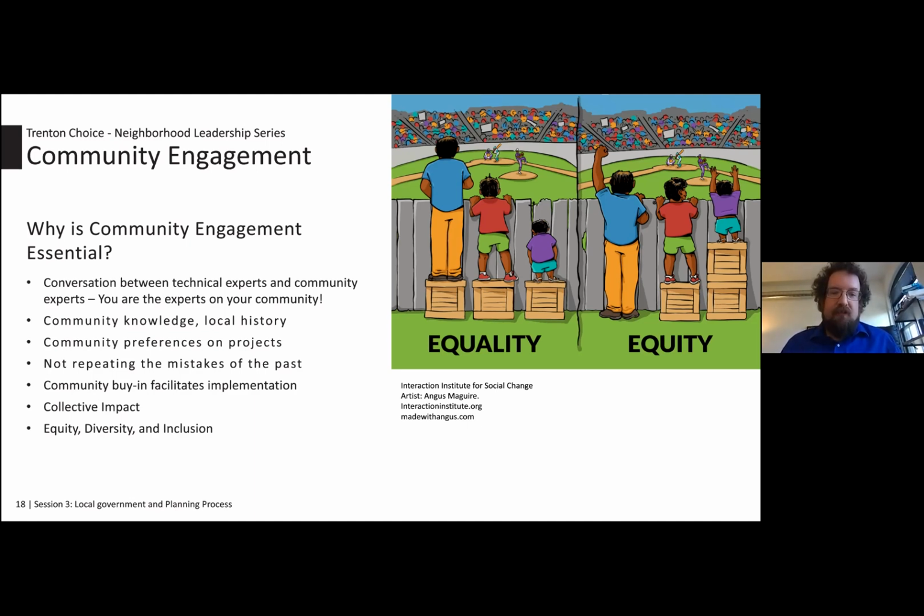So there's a very, very famous graphic on the right that shows you why we talk about equity and not equality. Equality is usually about everybody getting the same thing and making sure that resources are distributed equally. Equity is about making sure that everybody gets what they need in order to thrive. So you see on the image on the right, you want to make sure that everybody can see over the fence, and you're giving everybody the opportunity to do what they have to do to see over the fence. And we try to incorporate these things into our planning processes.